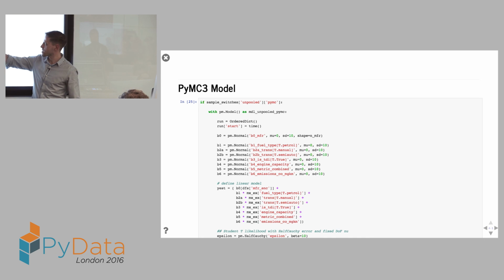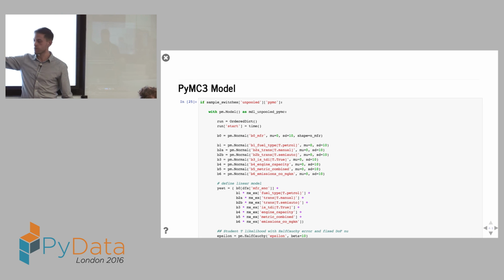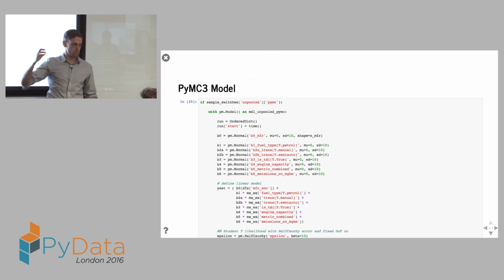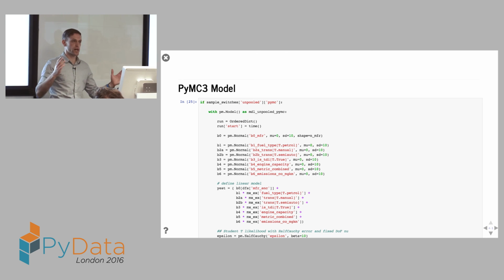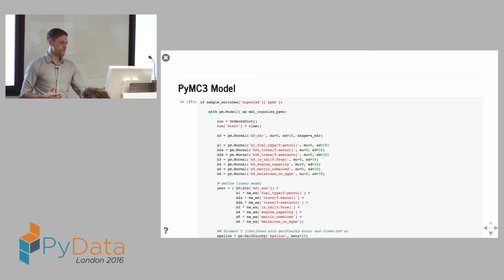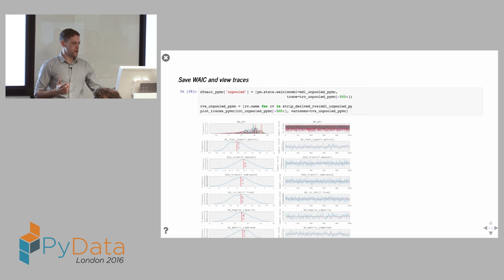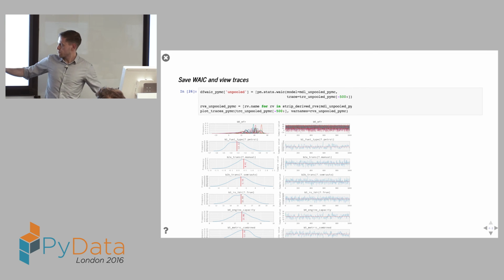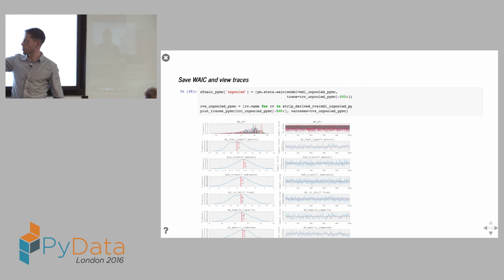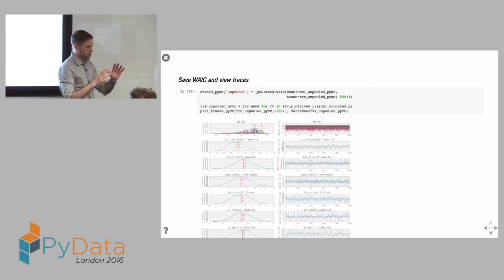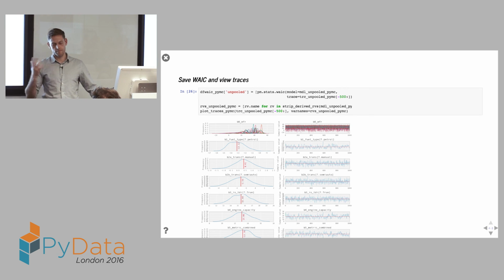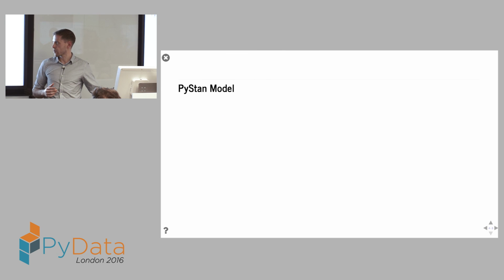But the key bit is it's vectorized. This beta 0, this manufacturer that I'm using for the intercept, is now vectorized. This is a 38 long Theano object. And that's basically all you have to do to make this PyMC3 model unpooled, which is really nice. We can run it, we can see some traces. On the default plotting, everything appears on the same plot, so it's a bit messy, but it's a nice check to see what's going on.